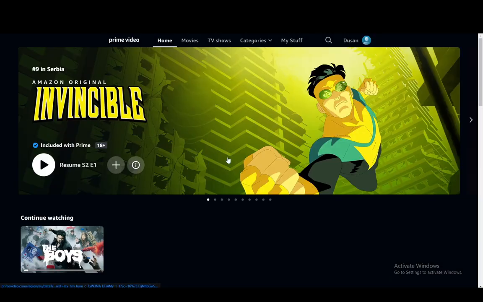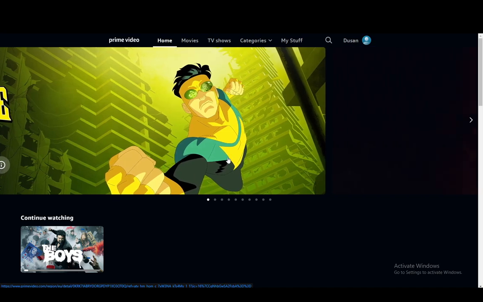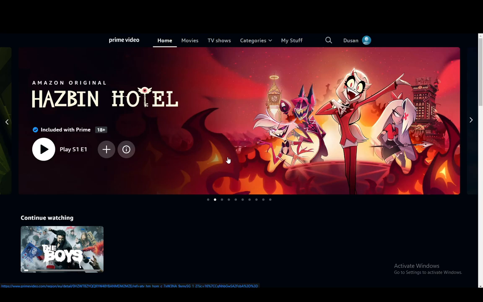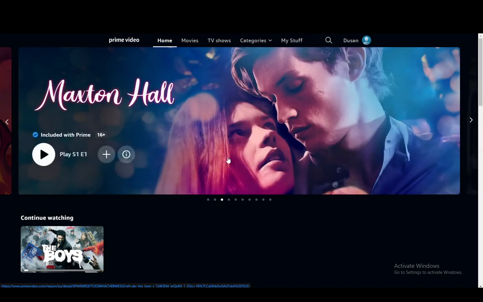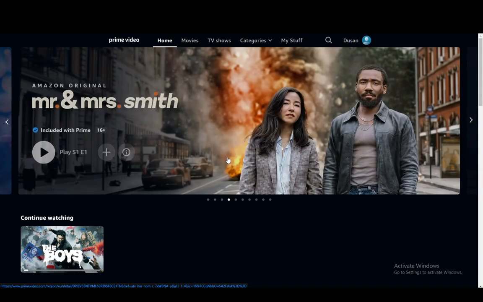Now on the mobile device or on your mobile app, you should be able to just pause the video and click these buttons as well, or you could just double tap a side of your screen and the right side will fast forward it. On your TV, I'm pretty sure you have to use your remote on a smart TV,